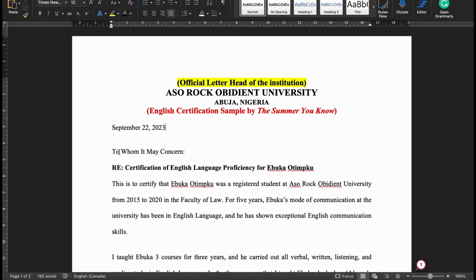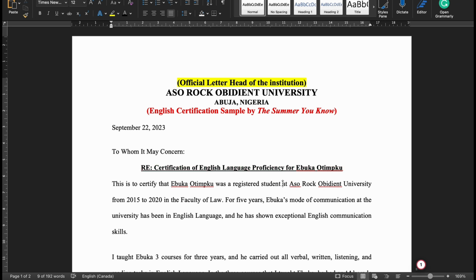Right, so you're going to address it to whom it may concern, because you want to use this letter for other applications, not just for the CCA program, or not just for any school that asks you to write IELTS and you want them to waive it for you. So you just say, to whom it may concern, certification of English language proficiency for Ebuka Otimkpu. If you want it to look more neat, you can underline it and put it in bold. Then you can say, this is to certify that Ebuka Otimkpu was a registered student